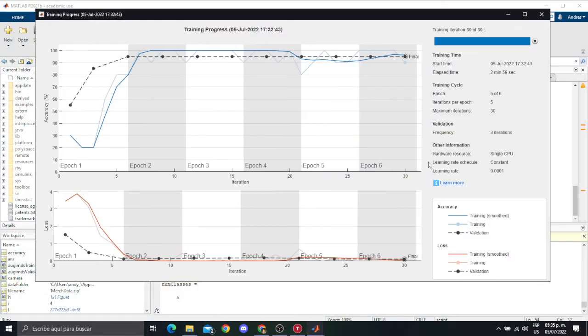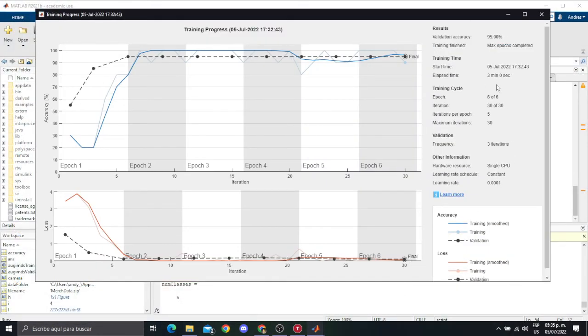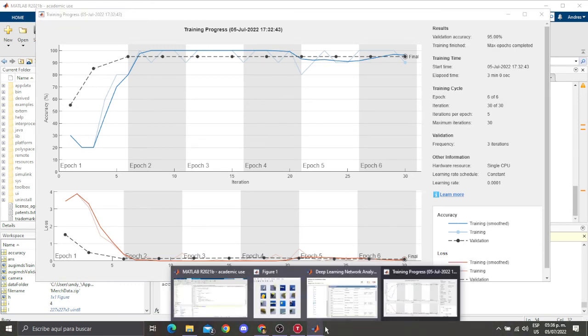Okay, right now it just finished and it's showing us the training time. It was 3 minutes. The validation accuracy is 95%, which is quite good. And now here in the next figure, it's gonna show